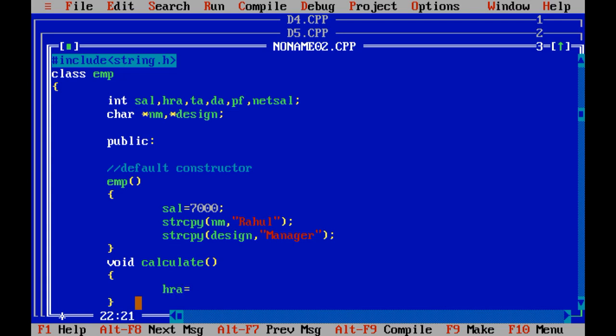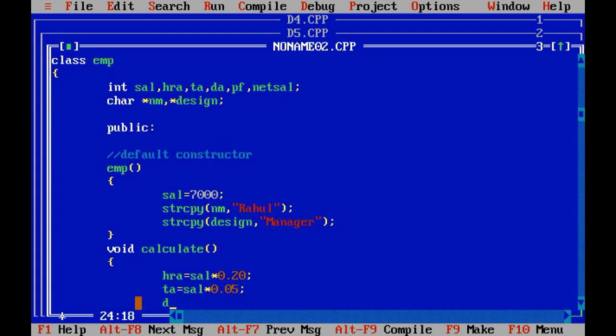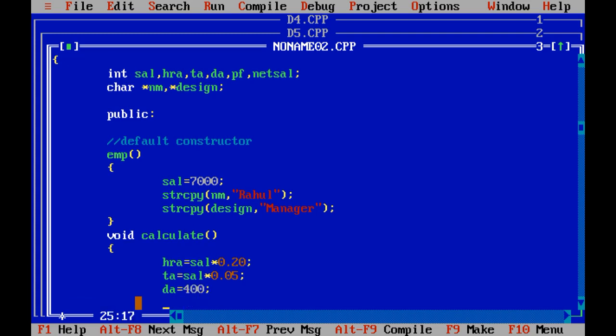I am going to apply the formulas to calculate HRA, TA, DA, PF and net salary. So HRA equals salary into 0.20, right? TA equals salary multiplied by 0.05. It is called traveling allowance. DA equals, it is fixed, 400.